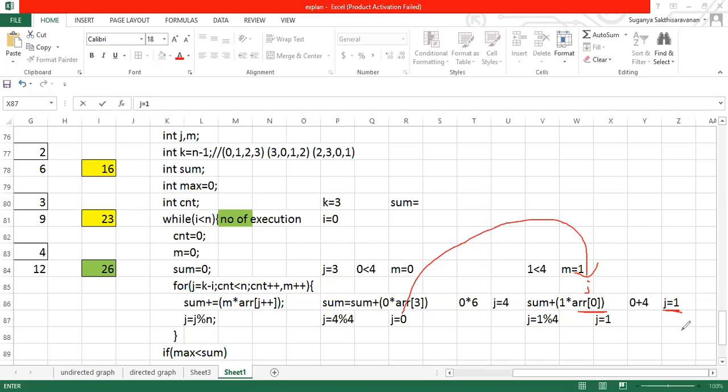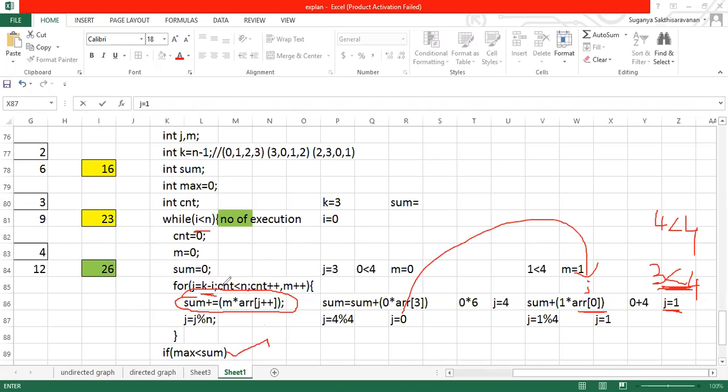The same process is going to be continued. Until when is it going to continue? Until 3 is less than 4. Until the value 3 is less than 4, it will be continued. Once it comes to 4 less than 4, the loop is going to break. So somehow our rotation is achieved. All the values are multiplied with the concerned index position. That is done. Followed by it, I'm supposed to store the particular value as a maximum value. Again, continue my iteration.